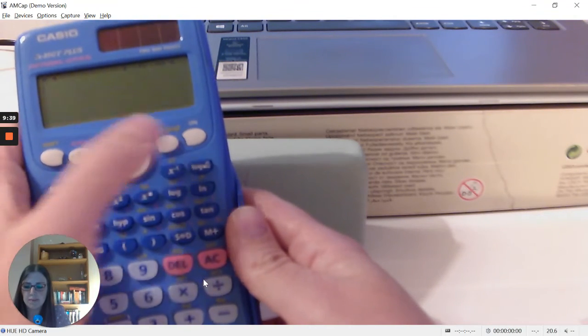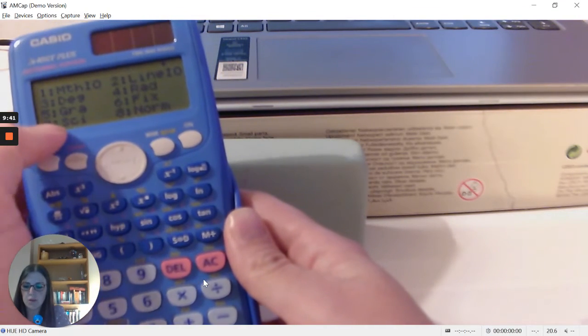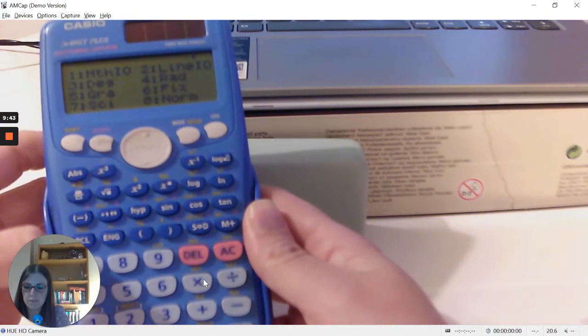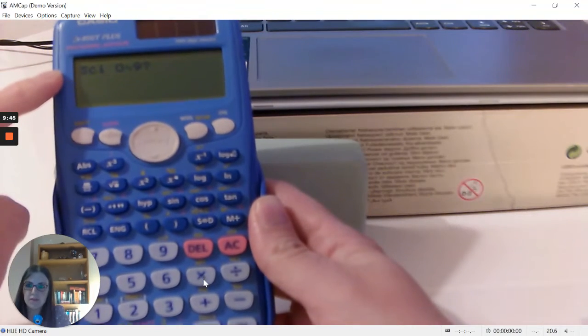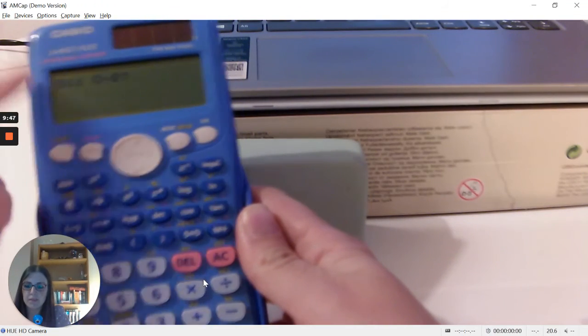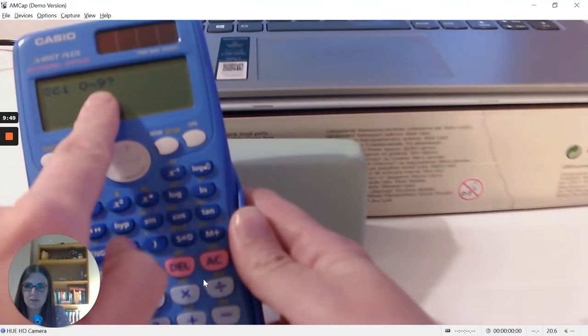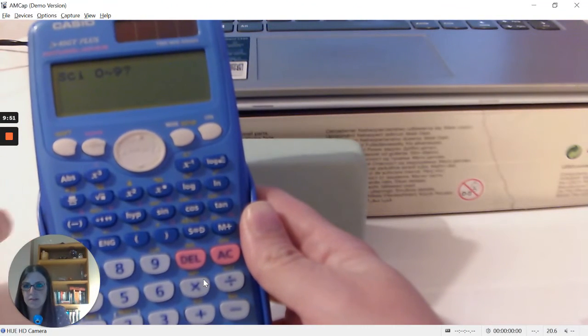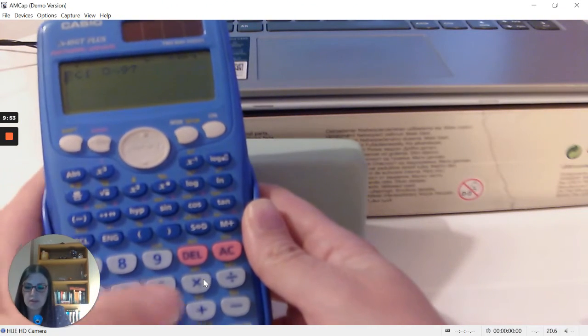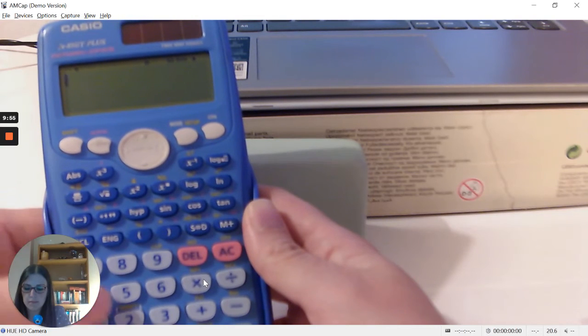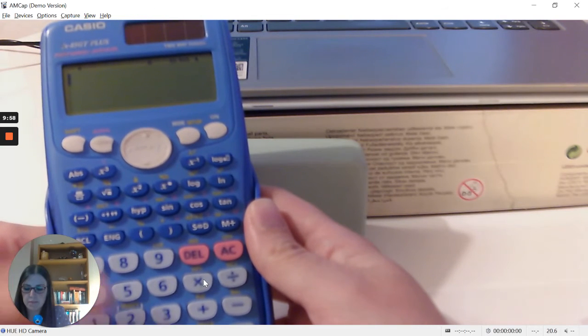Going back into Setup, Shift, Setup, we could go to number 7. Number 7 is going to give an answer in scientific notation. Here it's asking how many significant figures I want my answer to be in scientific notation. So if I press 3, let's go for